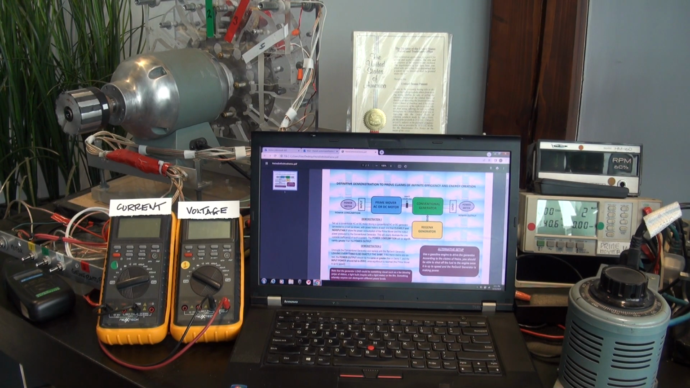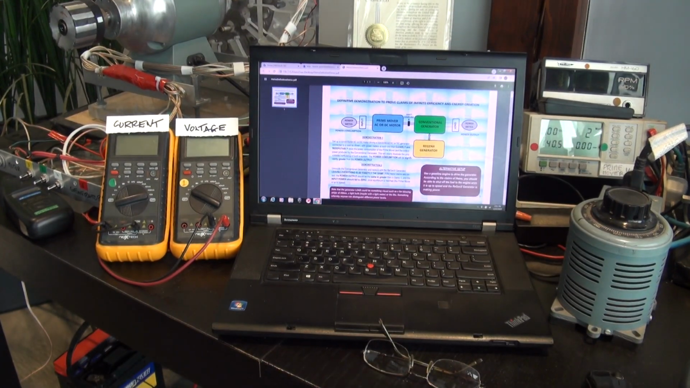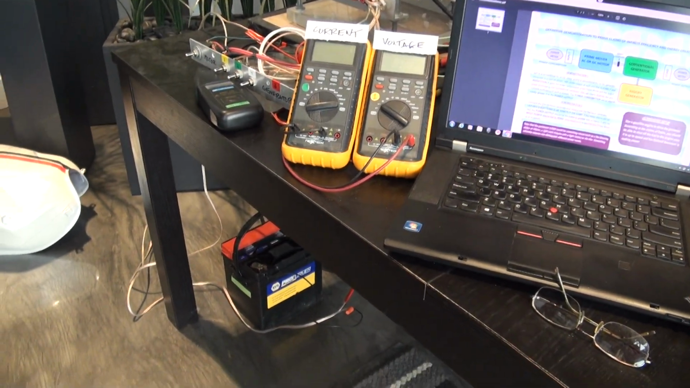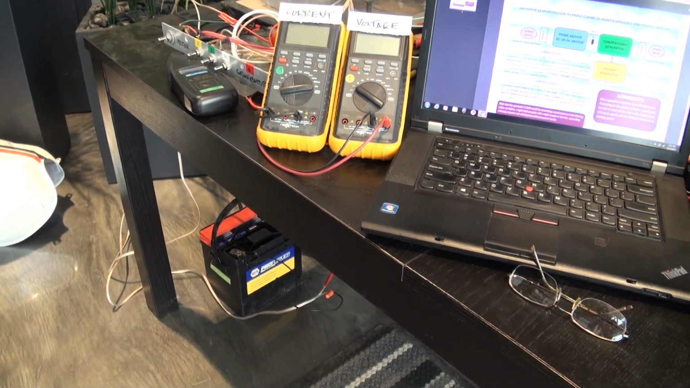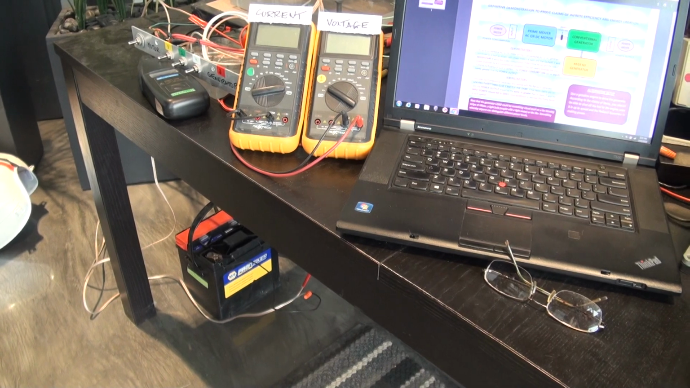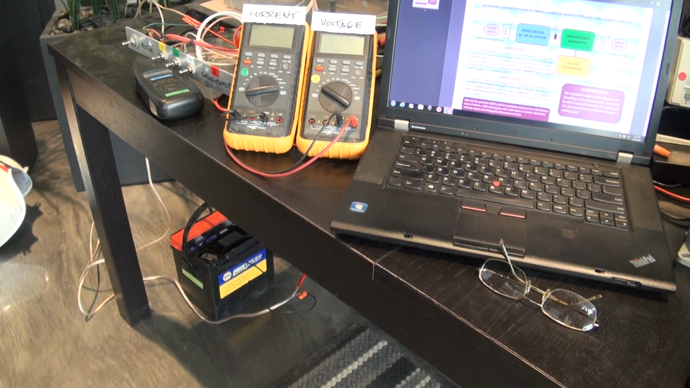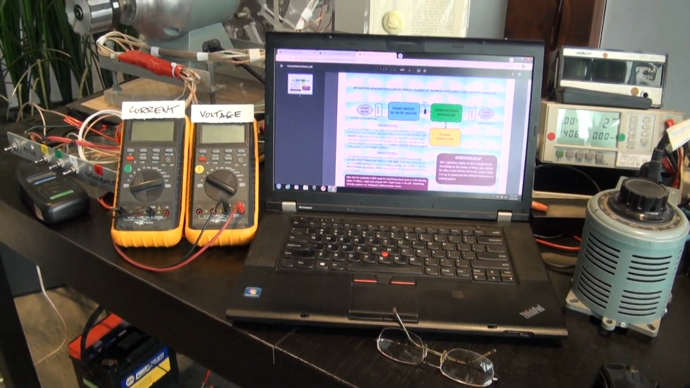Welcome back to part 2 of the definitive demonstration to prove claims of infinite efficiency and energy creation. So in this demonstration we are going to be recharging the battery that's on the floor in the bottom left-hand corner of your screen, and